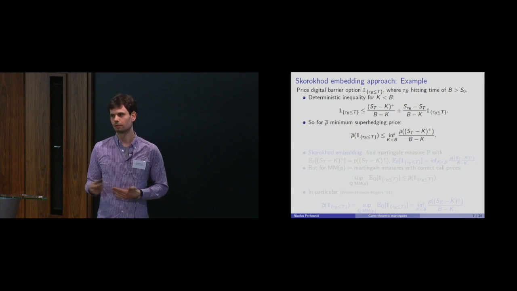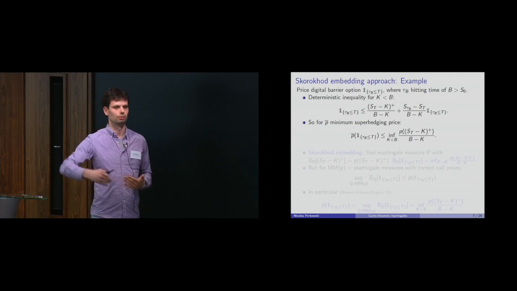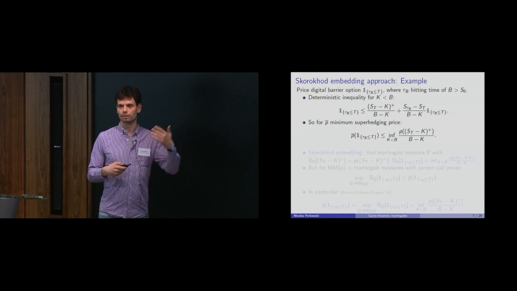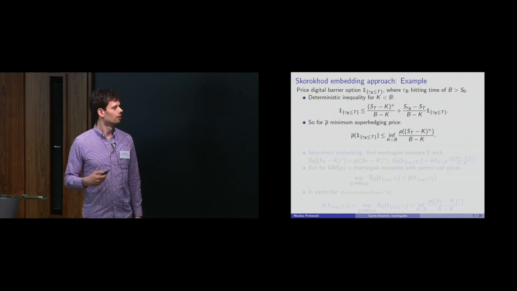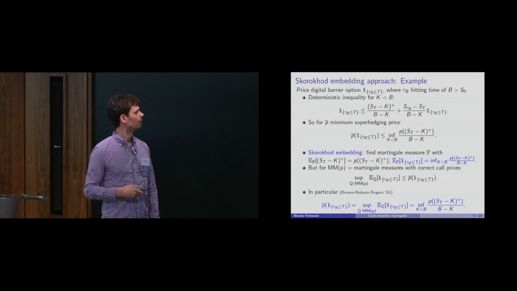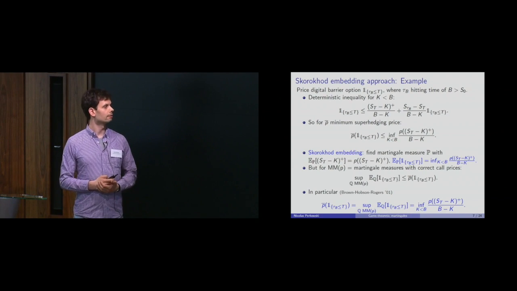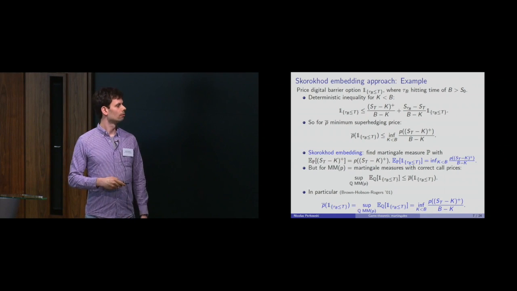Okay, so you have an inequality. A priori, it's not clear how useful this is. It could be way off, could be way too big. And so far it was completely elementary, and now they bring in heavy tools, so to say, but really crack the problem then. Because now they use the Stochastic embedding problem to find the martingale measure which reproduces all